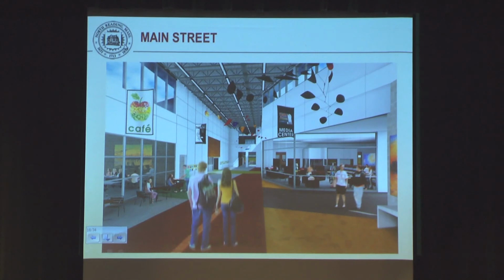And then it leads down to, I believe, the gymnasium straight ahead, or on the left, Mr. Bernard? Actually, this would lead into the high school academic wing. The gymnasium would kind of be back this way somewhat. And I just, if I could, I'd call attention, what would be happening here, these girls look like they're coming in from the main entrance to the high school. So as you come in, if you can think back to the flyover or the site plan, where that bus drop-off area was, or student drop